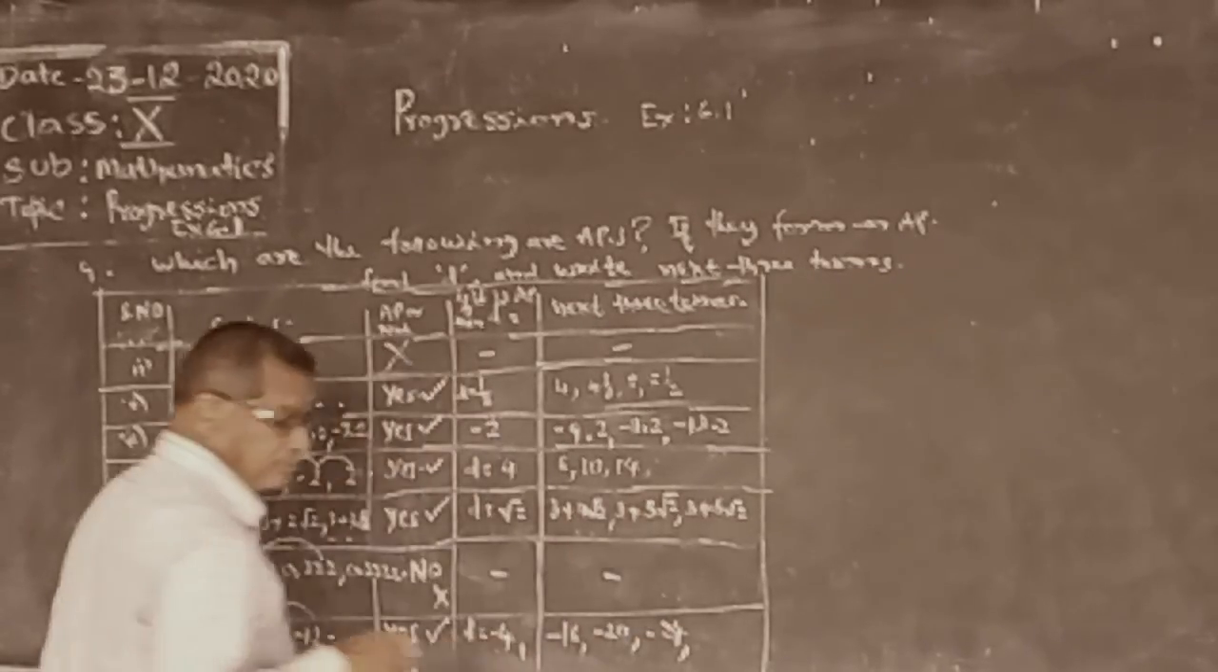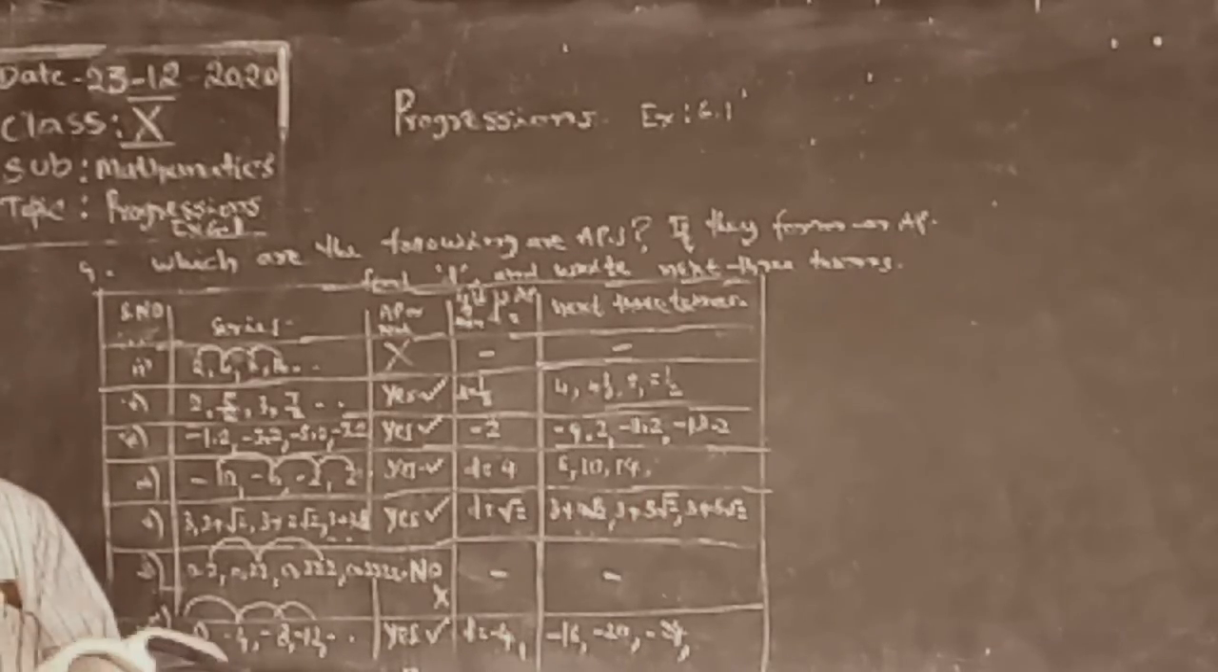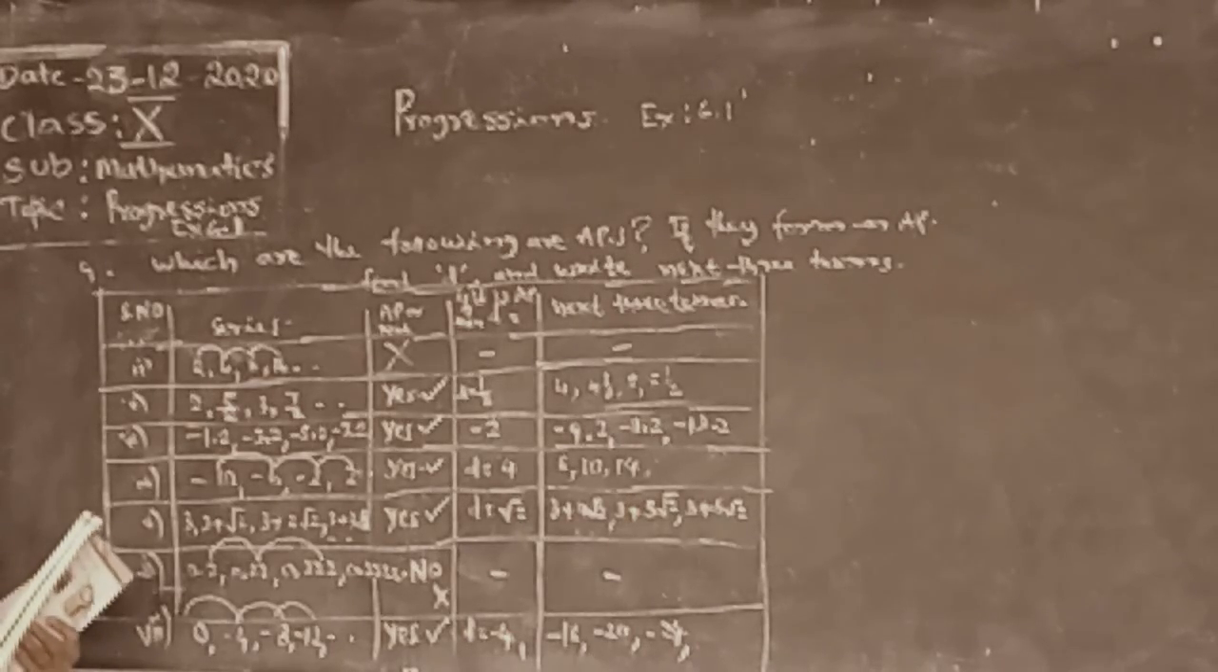That's all. This is the way of finding an arithmetic progression. If the common difference is the same in the series of numbers, then we say it is an AP. If the common difference is not the same, it is not an AP. So remaining